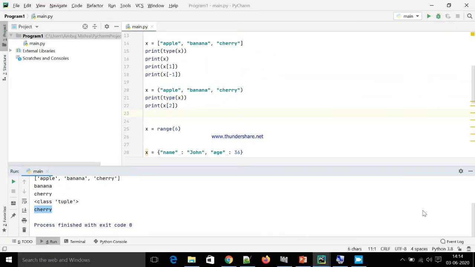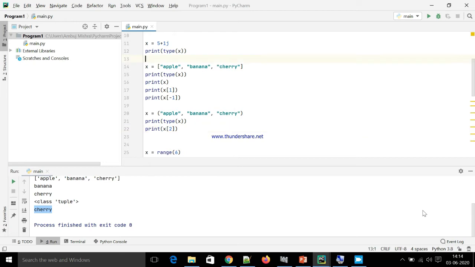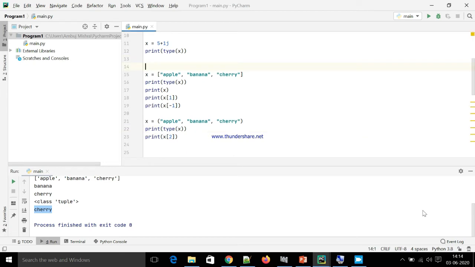So, what is the difference between the list and tuple? See, I'm writing over here. A list is a collection which is ordered, that means the elements are in ordered form, and changeable. But a tuple is a collection in which the elements are in ordered and unchangeable form.